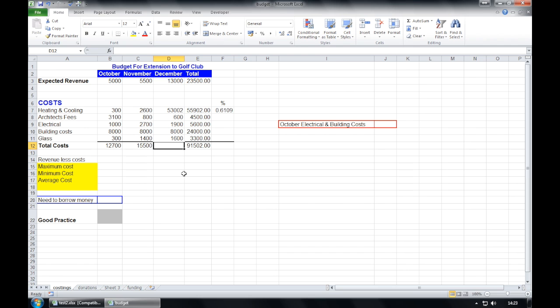We now want to save our spreadsheet, keeping the same file name, budget.xlsx. So we simply go File and go Save. Continuing using the costings worksheet, we need to find cell D12, which is here. We need to enter a function to calculate the sum of the cell range D7 to D11. And we're being asked to create an actual function using the sum feature.